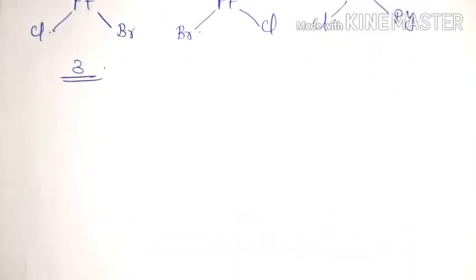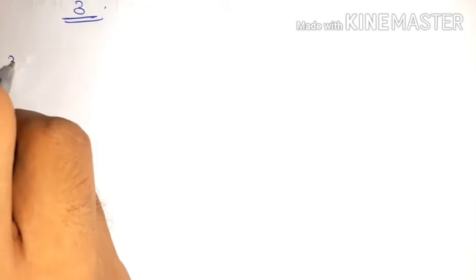Okay friends, now we move towards the next question. And see, it says the magnitude of CFSE of the octahedral [Ti(H2O)6]3+ complex is 7680 per centimeter. The wavelength at the maximum absorption of this complex is in nanometer, rounded up to the nearest integer. So friends, we have the value of CFSE of this complex in centimeter inverse unit, and we must find the value of lambda max of this complex in units of nanometer. Understand friends? So now we do the solution for this question.